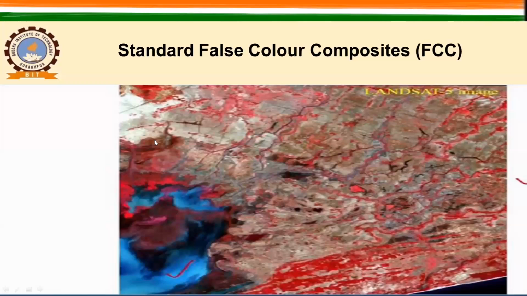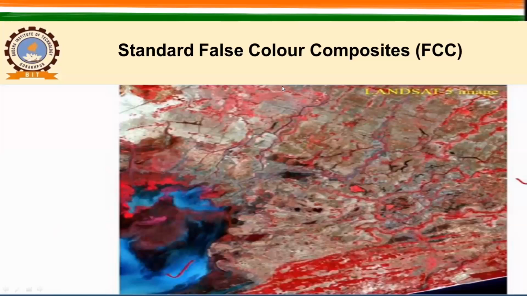So that is why, if you have used a standard false color composite display, then the red color of your image will essentially be representing vegetation, and blue or black will be water, and settlement will be in cyan color. So that is the definition of this standard false color composite. And how do we represent this one? Sometime I will show you how we select these bands in the display so that they will appear in different colors, right? Now let us see what we mean by natural color composite.